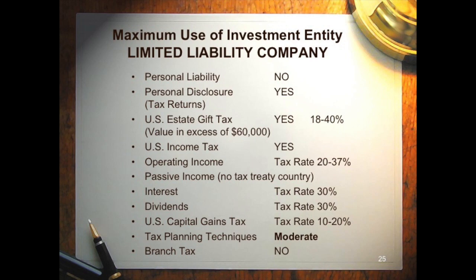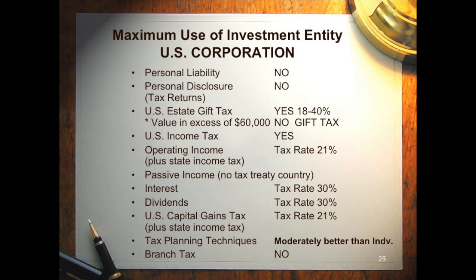However, you will have a reduced tax on the operating income that is being earned, the ordinary income that's being earned as rental income, as there will be only a 20% tax rate with benefits that actually can reduce that down to below 3 to 4%. There's no branch tax on a limited liability company. Now, a U.S. corporation